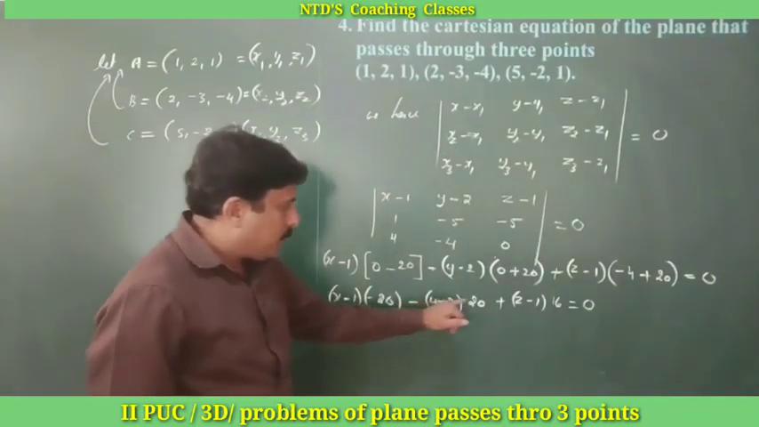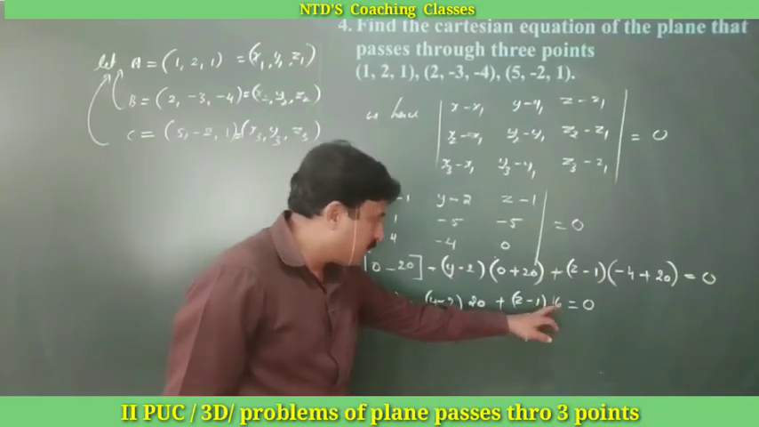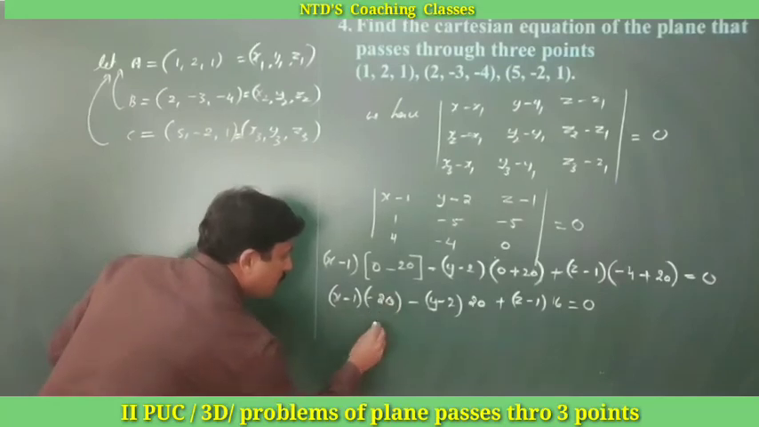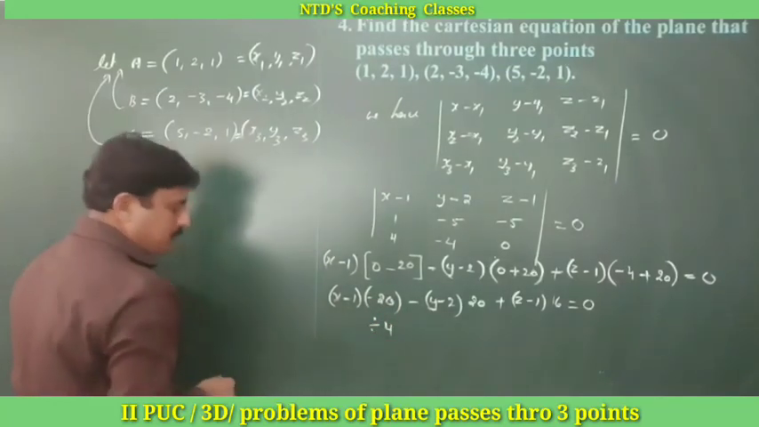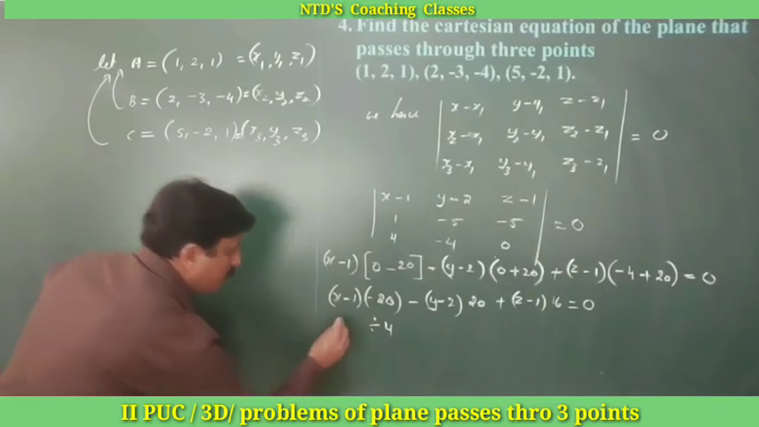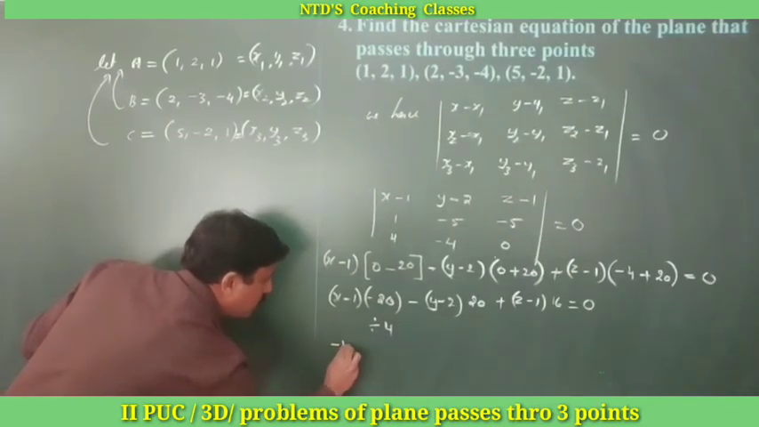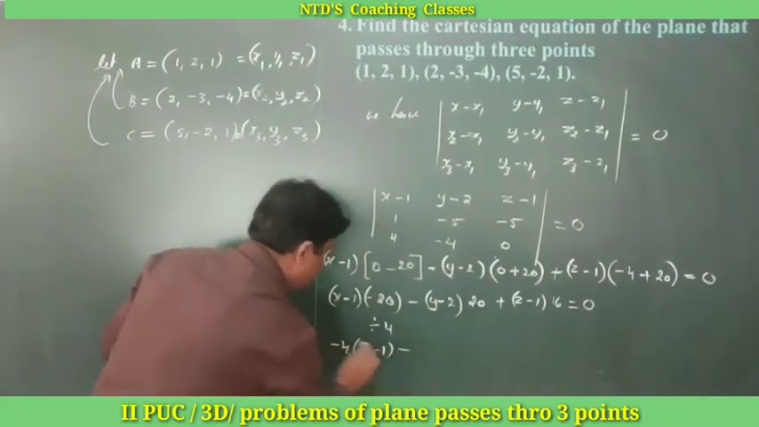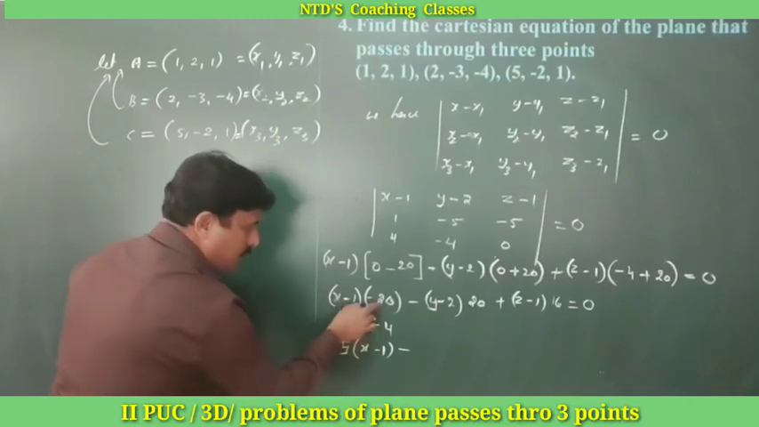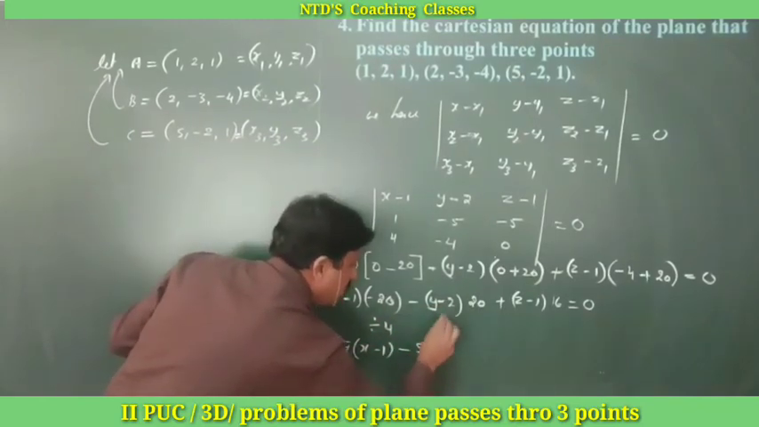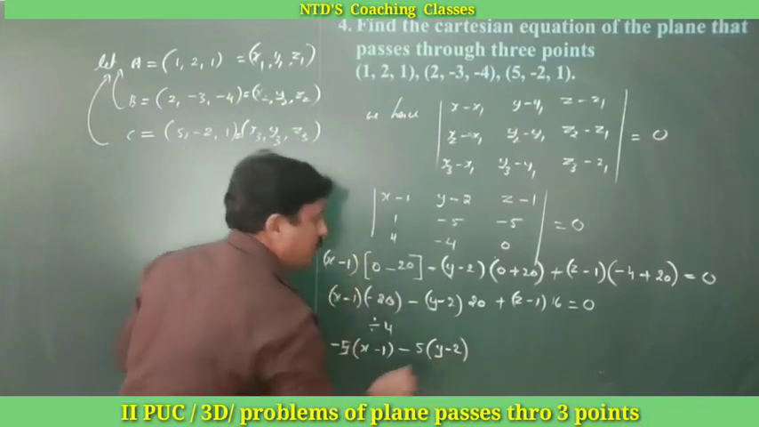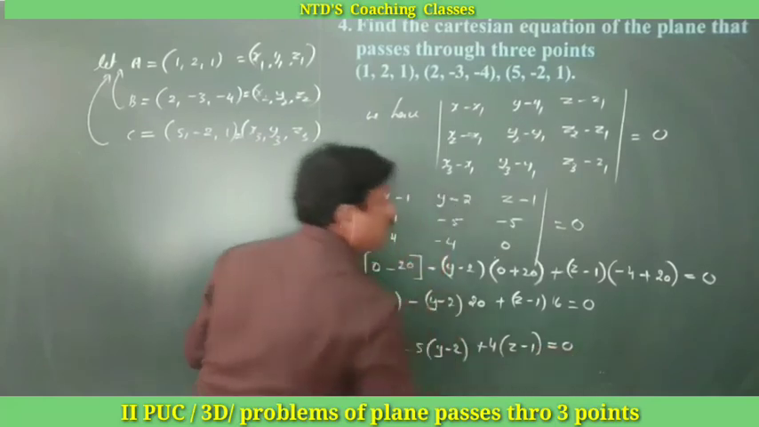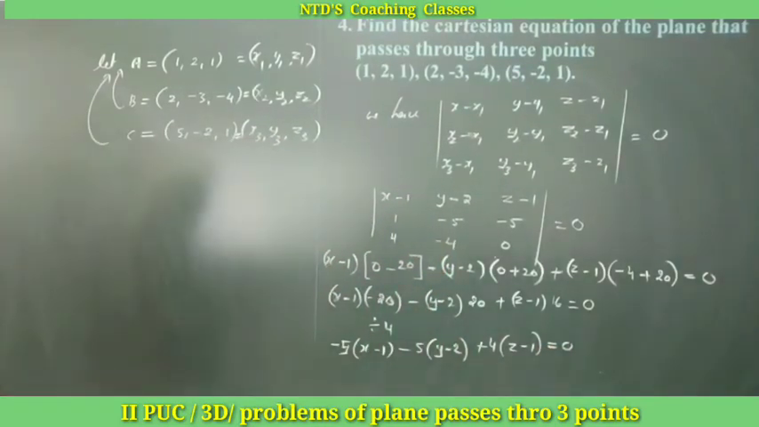Here 20, 20, 16. Divide by 4. What happens? If you divide by 4, this becomes minus 5 into x minus 1, minus 5 into y minus 2, plus 4 into z minus 1 equals 0. On further simplification,